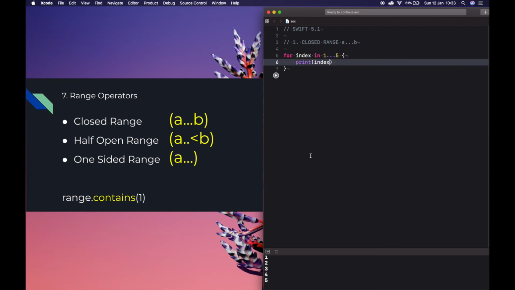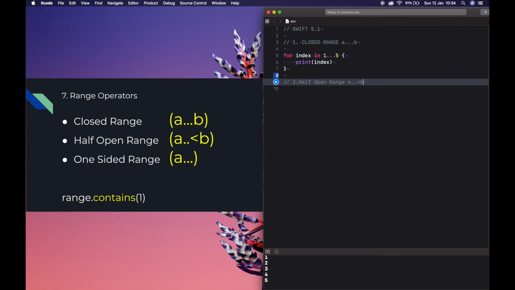Next, the half open range operator, which has the form a..<b.